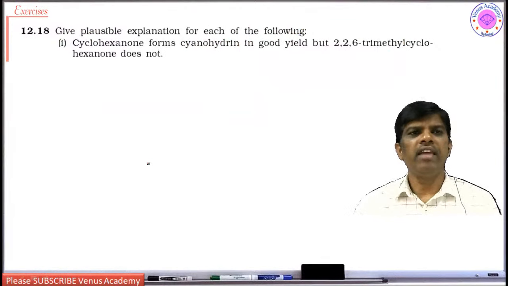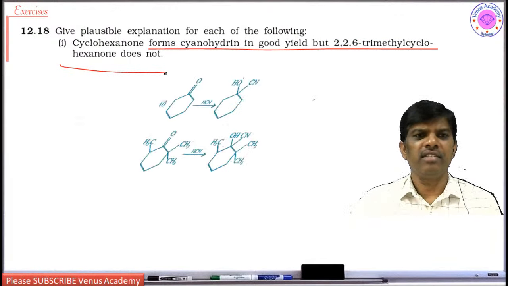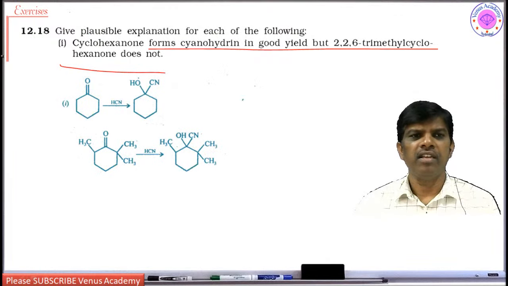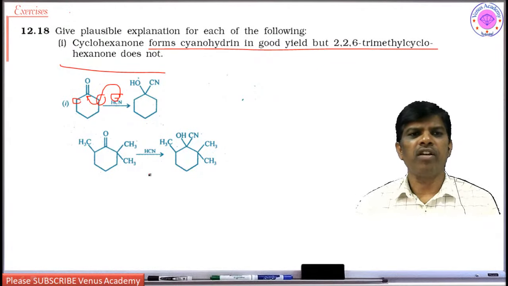Next, give plausible explanation for each of the following. Cyclohexanone forms cyanohydrin in good yield, but 2,2,6-trimethylcyclohexanone does not. I explained it in the first slide itself. On this side there are two hydrogens. If the cyanide wants to attack this carbon, on both sides there are methylene groups where the substituent is only hydrogen, so it easily attacks this carbonyl compound, whereas this